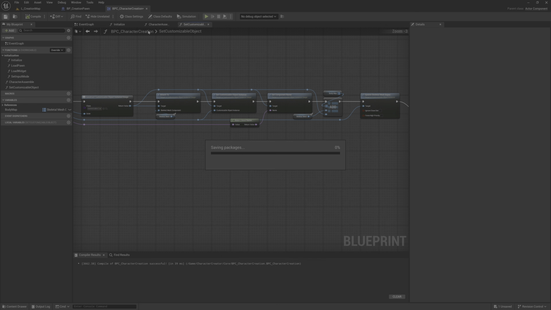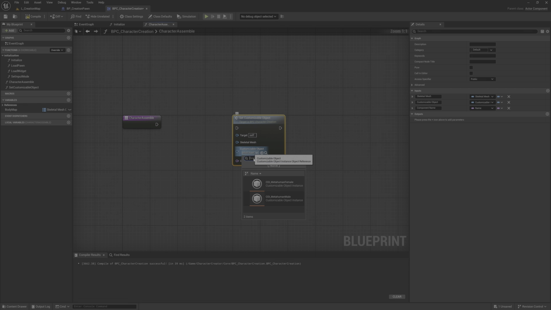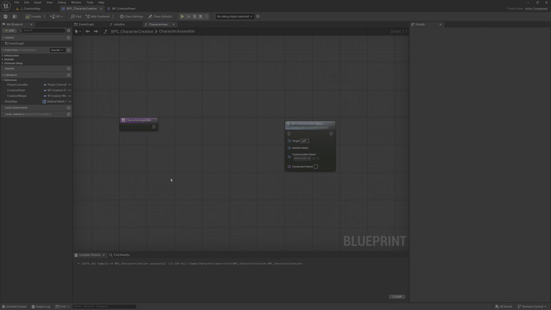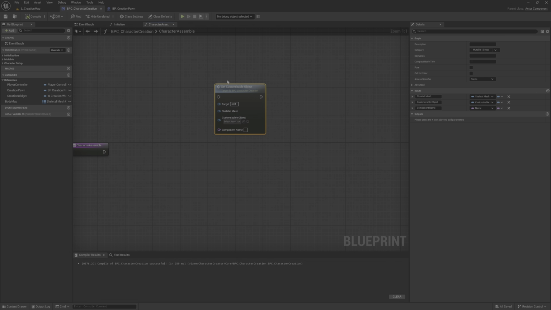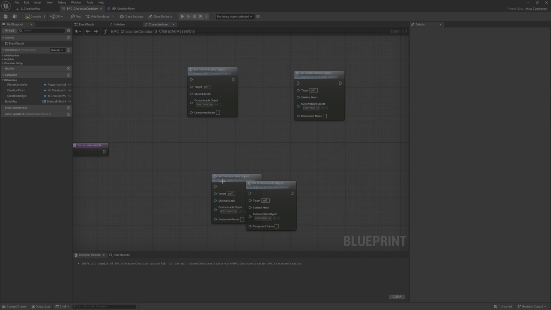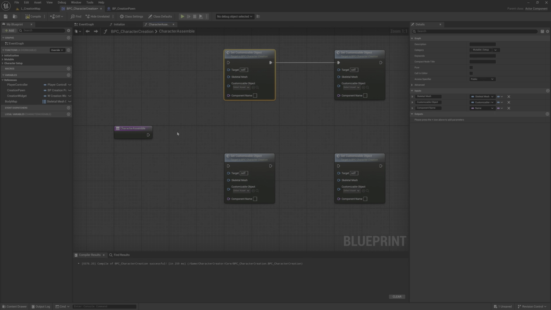So now we have the skeletal mesh. We can add the skeletal mesh here. We can select the customizable object instance. You can see that now I have the MetaHuman male and female and the component. Okay, now we need 4 of this one. Connect them like this.